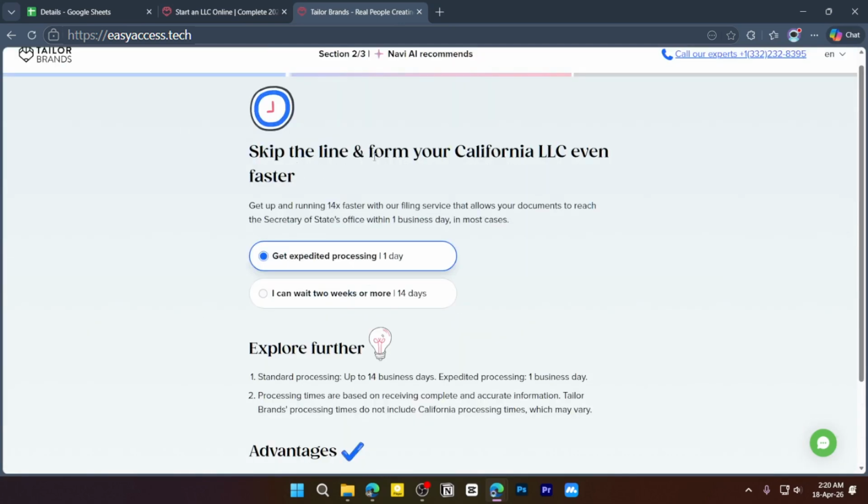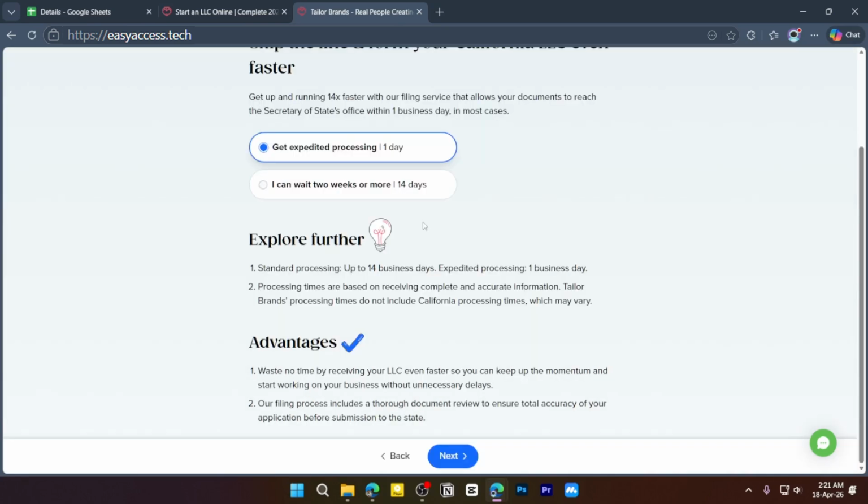Skip the line and form your California LLC even faster. Here, you can choose how fast you want your LLC filing to be processed. The expedite option sends your documents to the state much faster, while the standard option takes more time, but it is usually more affordable. So I can wait for 2 weeks or more, then I will go with this one